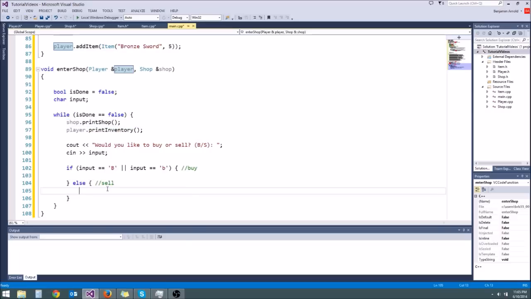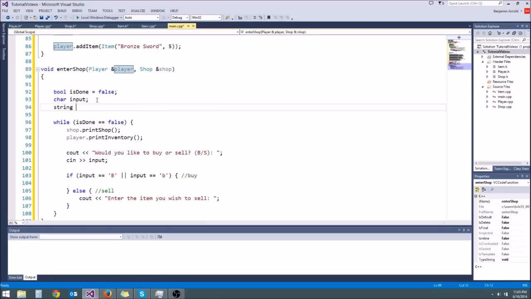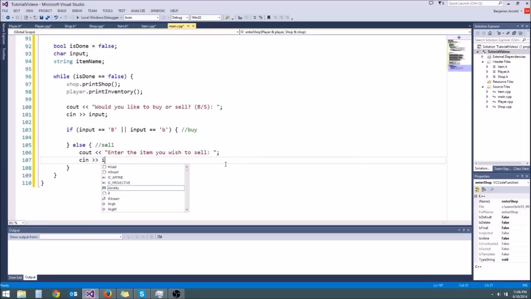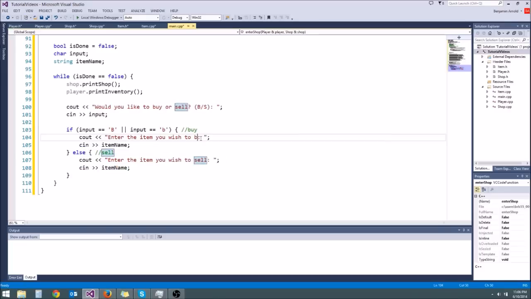So for sell, we're going to say cout, enter the item you wish to sell, like that. And then we'll make a string up here, I'm just going to call it S, or we'll call it string item name, actually. So let's go ahead and cin item name. And let's do the same thing here for buy, enter the item you wish to buy,